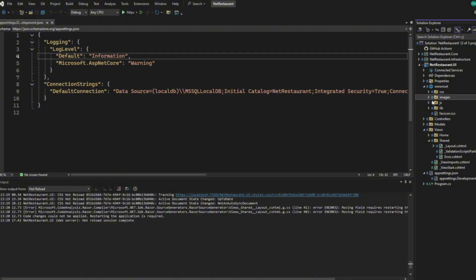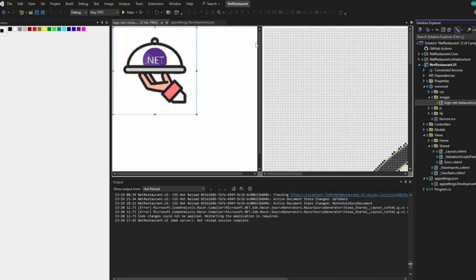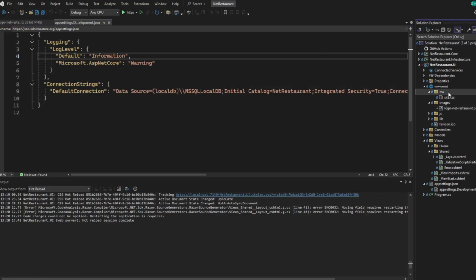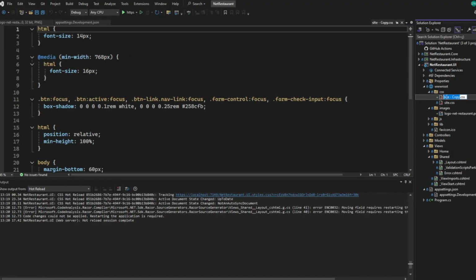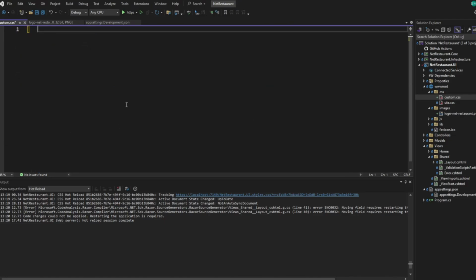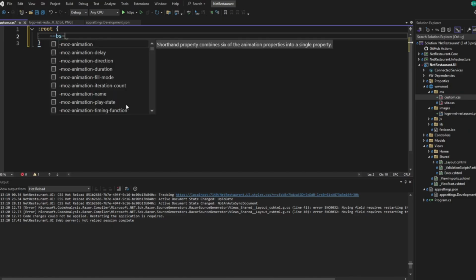Okay? As we're using Bootstrap and Bootstrap already has its default colors, I will change the default primary color to match our logo color. Here we are using purple for our primary color. Let's go to CSS, copy this one, and change it to custom. This file is responsible for custom Bootstrap variables. Let's go to custom, delete all this, and in the root of our page,